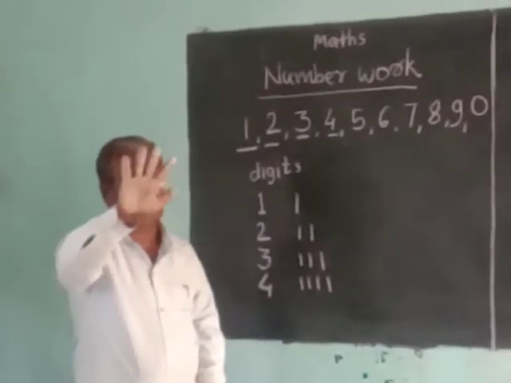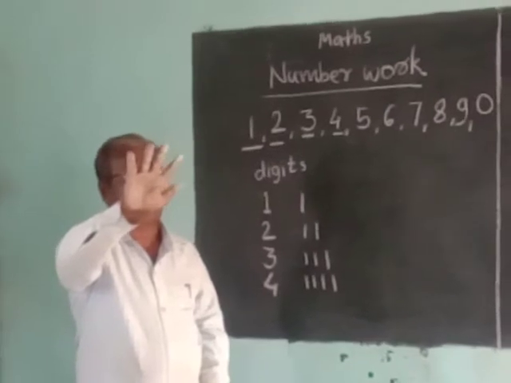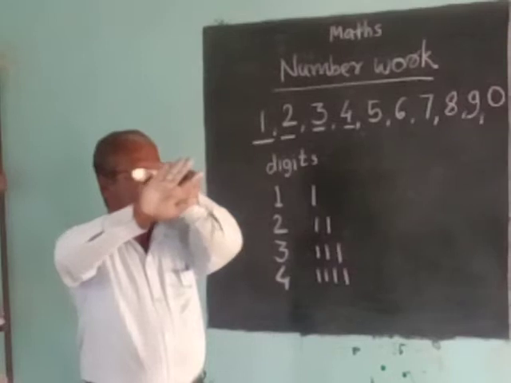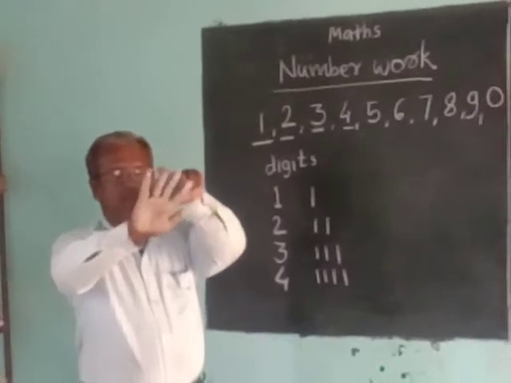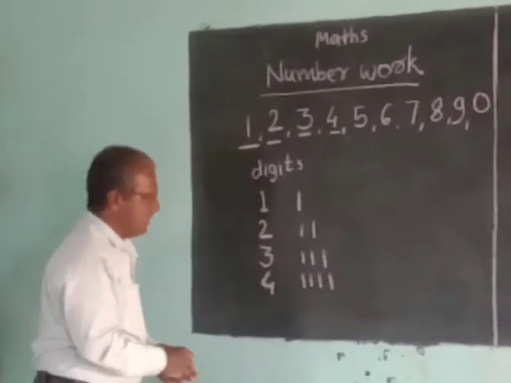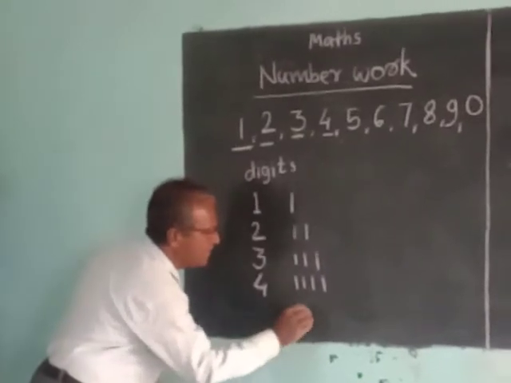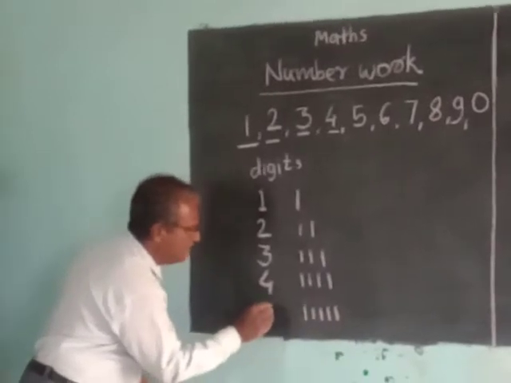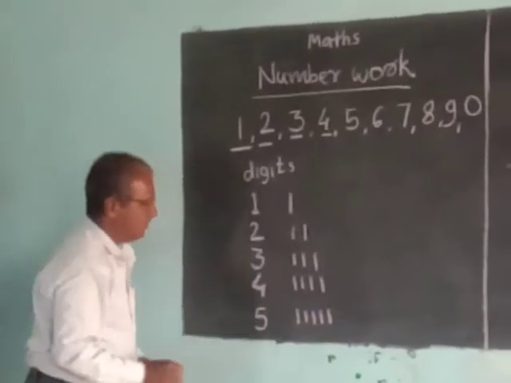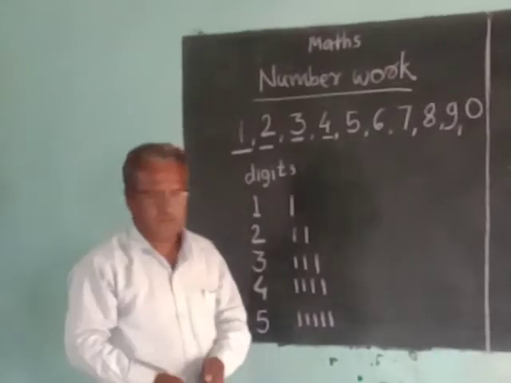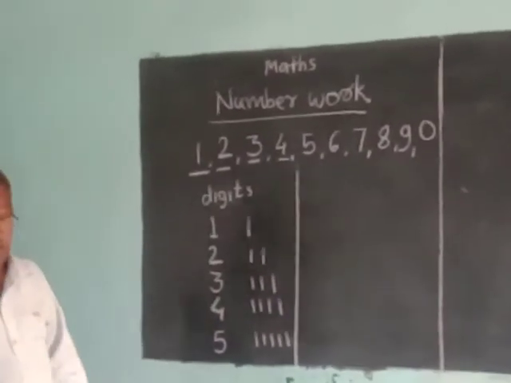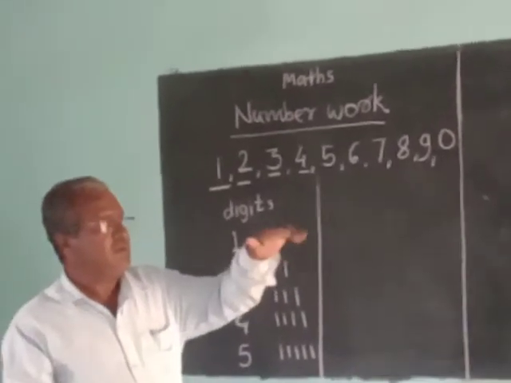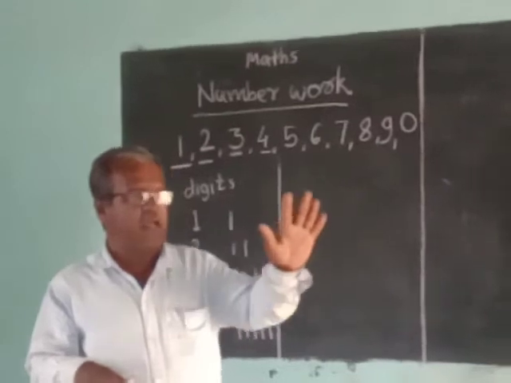For one hand, these are fingers. I count them, adding the remaining finger: 1, 2, 3, 4 and 5. These are 5 fingers. We have 5 fingers on one hand. Now I add the remaining fingers of the other hand to those 5 fingers.